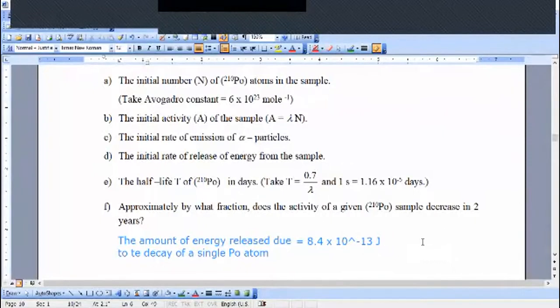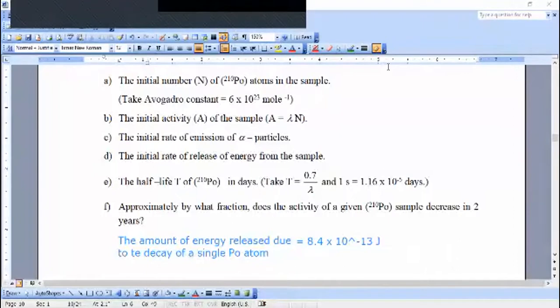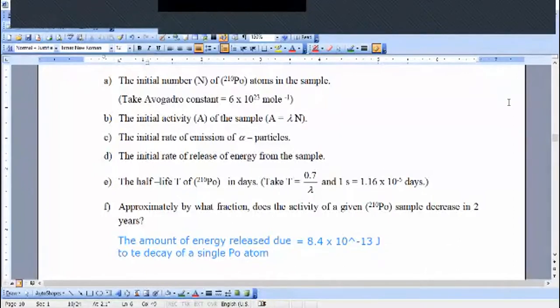What do the other students think here? Is this correct or wrong? This is the answer for sub-question C. So we should write one more sentence. If this is the amount of energy released due to the decay of a single polonium atom, right? So how much energy will be released due to the decay of how many atoms decay per second? We have found that value also. So therefore,